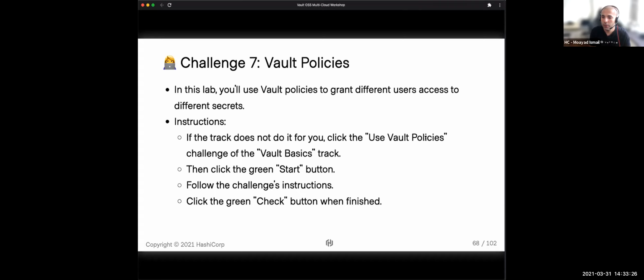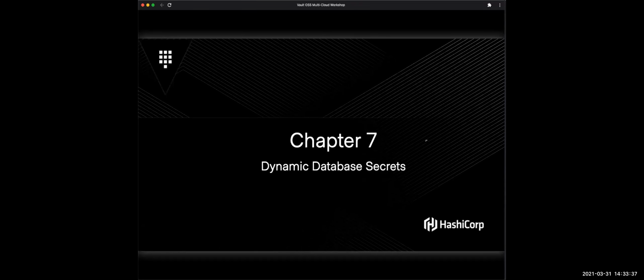Cool. So with that in mind, we've got quite a bit to cover around the dynamic secrets side of things. We've covered a lot around static secrets with the KV. And what about dynamic secrets? We'll focus on the database secrets engine. It is widely utilized in a lot of enterprises using Vault today, so it's beneficial for us to go through it and give you a view of what that looks like.